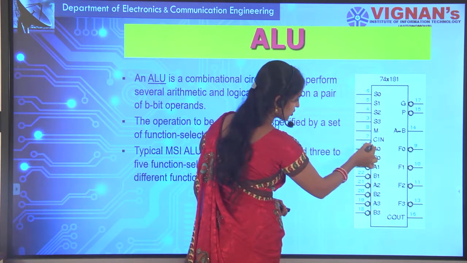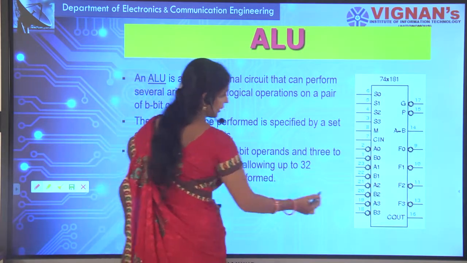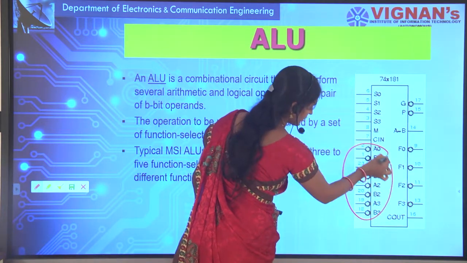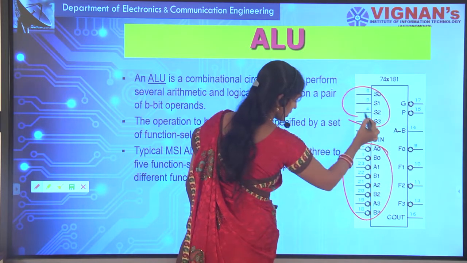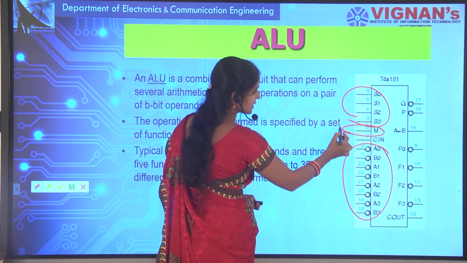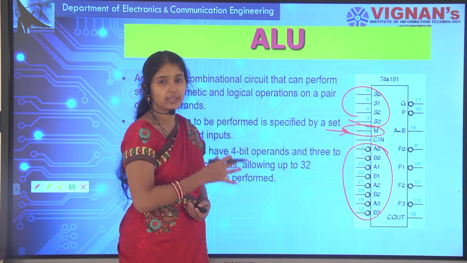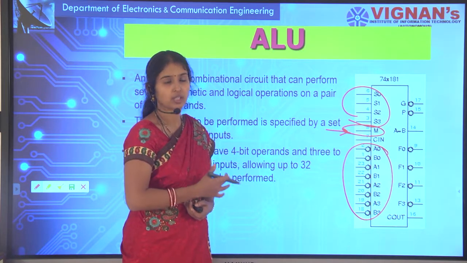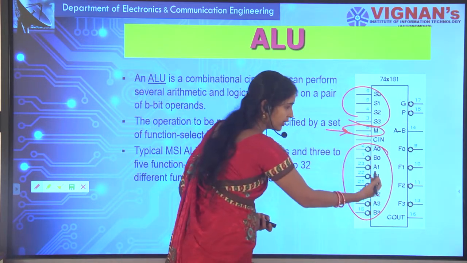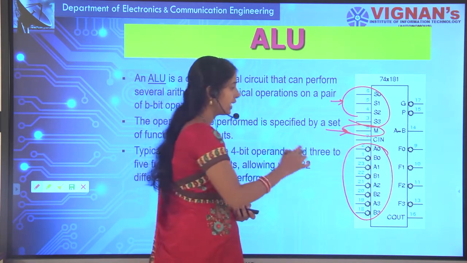Here it is taking 3 bits as well as selection lines, and depending upon your m value, see here in this IC, it is going to decide whether it is going to do logical operations. In order to select which gate, it is doing with the help of selection lines, but with the help of